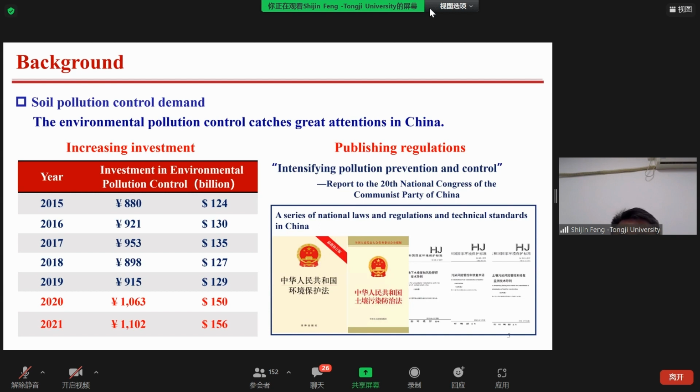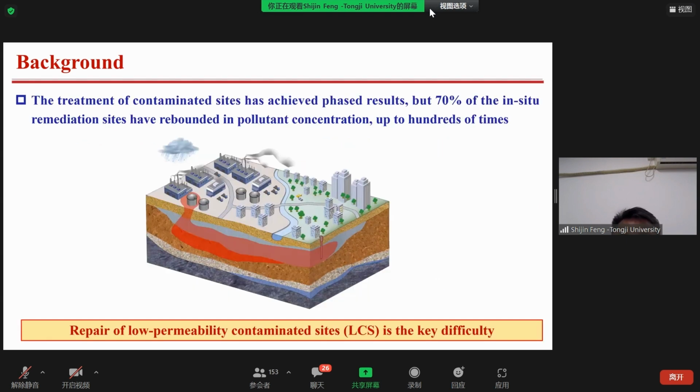In the past 2 years, the investment in environmental pollution control has exceeded $150 billion. A series of national laws, regulations, and technical standards for environmental pollution prevention and control have also been published. The treatment of contaminated sites has achieved phased results in China, but